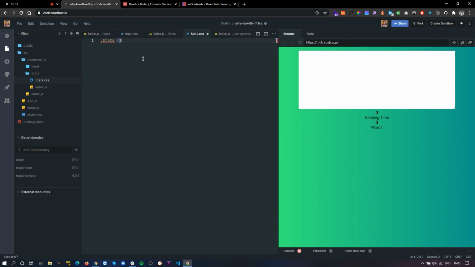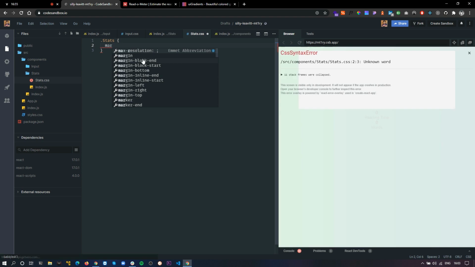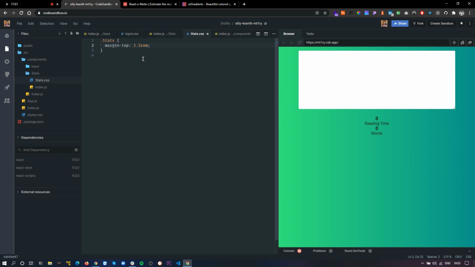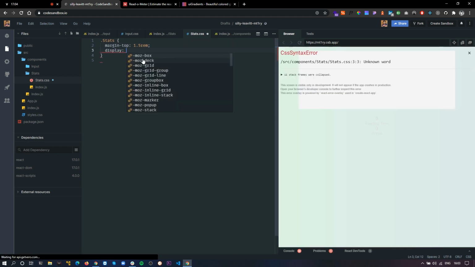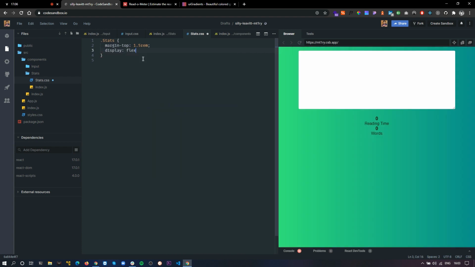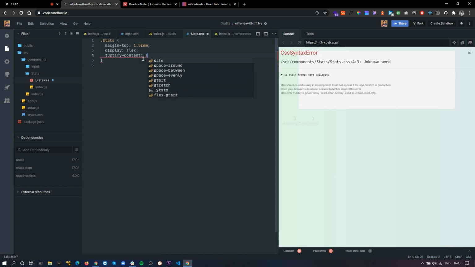The first thing that I'm gonna do is give it a margin of 1.5 rem, and second I'm gonna do is display flex, and third is justify content center.